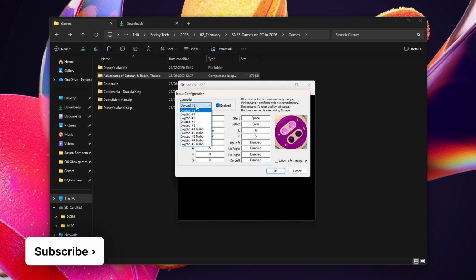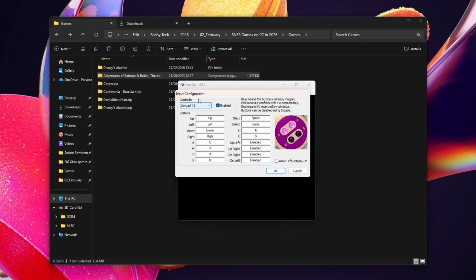Now, first thing we can do is select the joypad that we want to use, 1, 2, 3, or 4. So these will act as the slots inside your SNES. I'm going to be using the joypad 1, and here I'm going to be connecting a controller to my computer. I'm currently using an Xbox Series controller. However, most modern controllers will work, so you can use an Xbox One, Xbox Series, PS4, PS5 controller